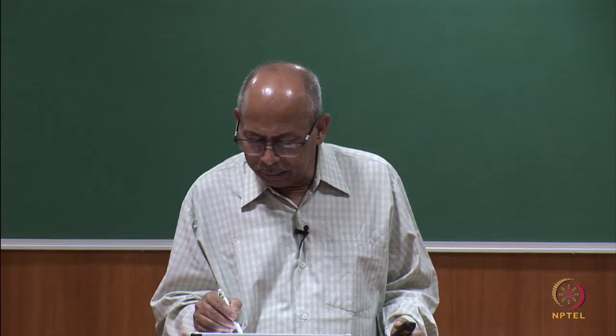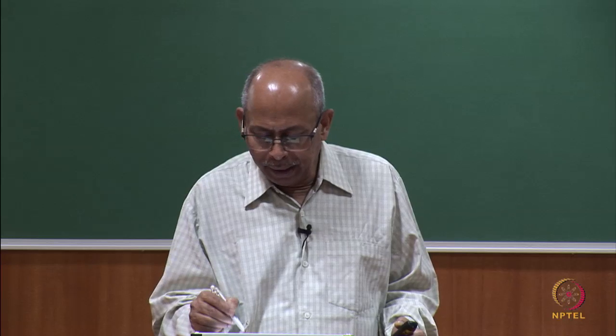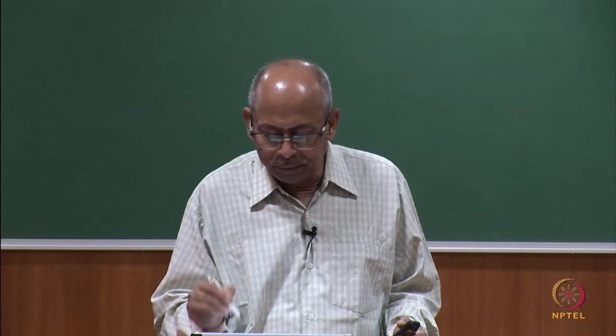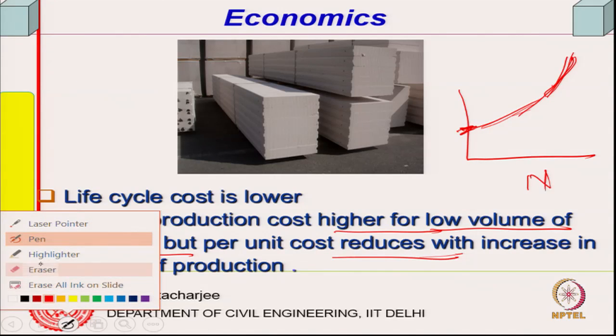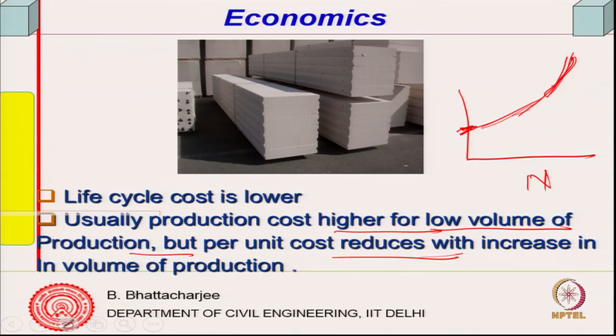Typically the curves are something like this: for 0, you will have some initial cost, then it increases in this manner, and beyond a point of course, it starts increasing again. But if you have cast in situ sort of system, where there is 0 to start with, because you do not have any investment involved, or of course a kiln where you will have some investment as well,